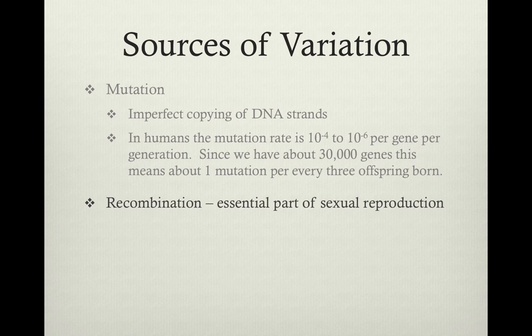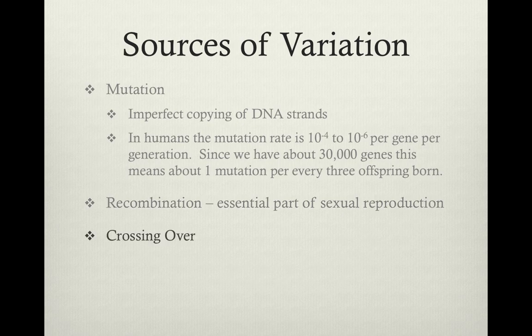So what's the benefit of this? The benefit is that this is really important variation that can pay off when environments are rapidly changing. And so we'll come back and visit this topic when we talk about anisogamy, which is unequal gamete sizes, and we'll talk about the evolution of two sexes. But in general, when environments are changing, you have higher fitness if you reproduce sexually than if you reproduce asexually, because you can't predict what that future environment is, and so you can't predict what combinations of alleles may then pay off in that future environment.